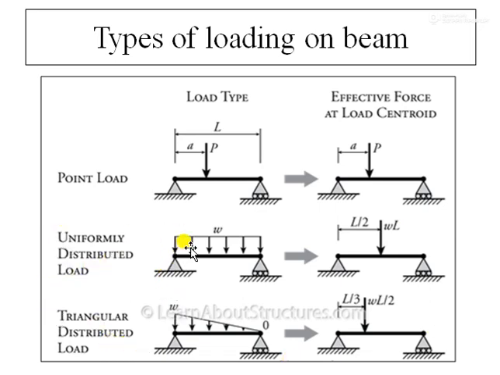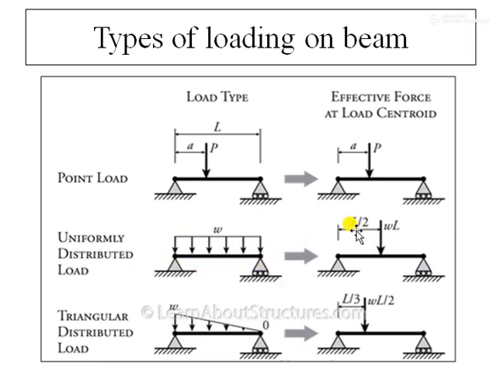You can see that the load of W kilonewton per meter, or W units, is acting on this surface of the beam equally. The load acting on this point is similar to that of the middle section and to that of the other edge. Overall, the load acting is uniform, and hence it is named the uniformly distributed load. It can be converted into an effective load by taking the product of the intensity of load acting multiplied by the length of that particular beam.